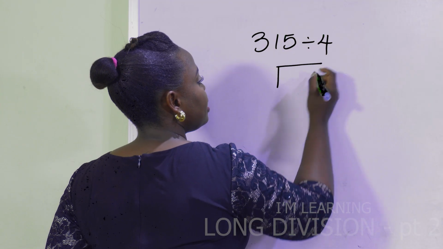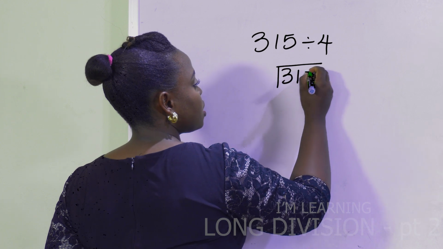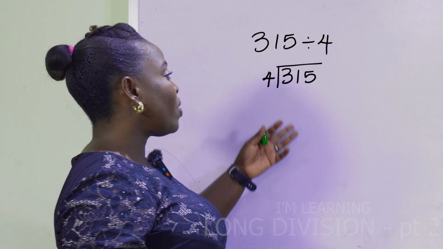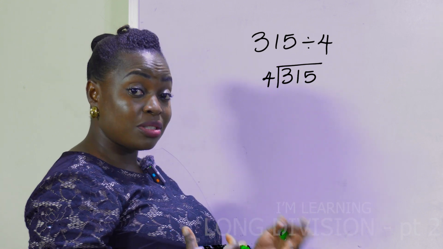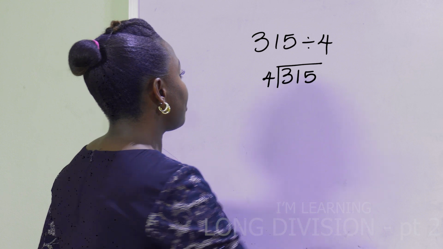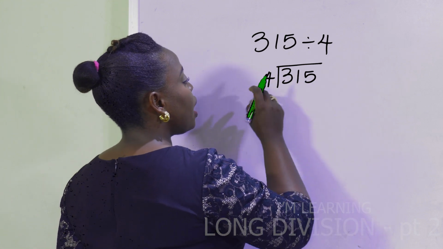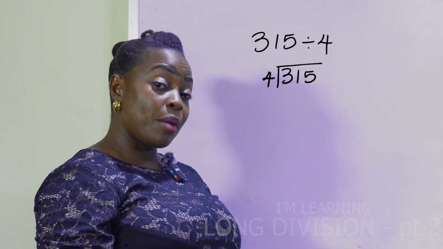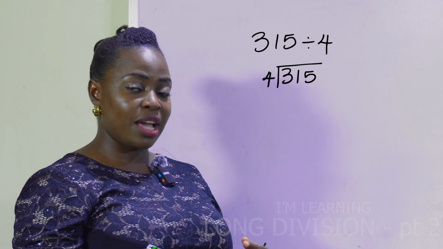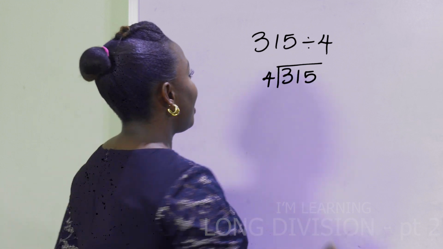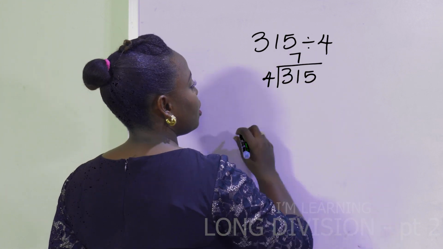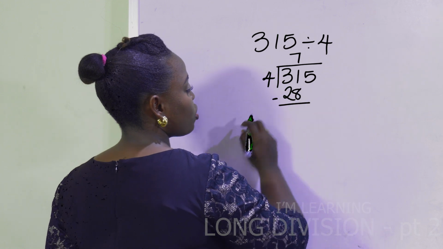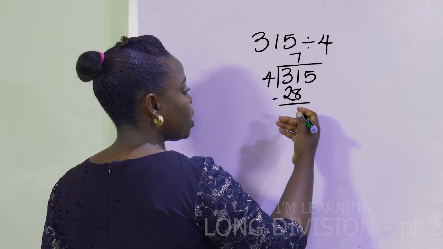315 is my dividend, so it stays on the inside. 4 is my divisor, it stays on the outside. Now I cannot say 3 divided by 4 because 3 is smaller than 4, but I can do 31 divided by 4. So how many groups of 4s do you think I can find in 31? I can find 7. 4 times 7 is 28. By the time I do my subtraction, 31 minus 28